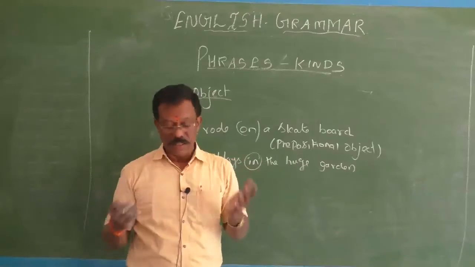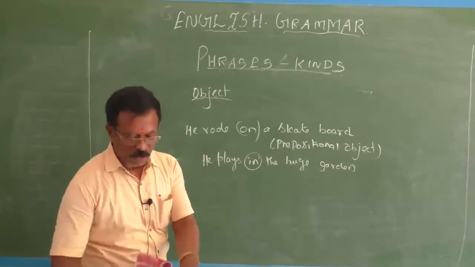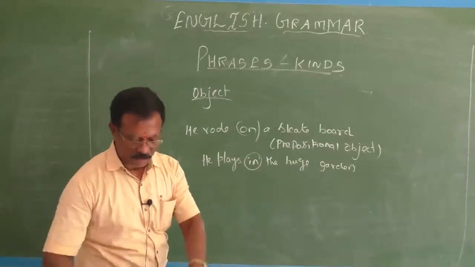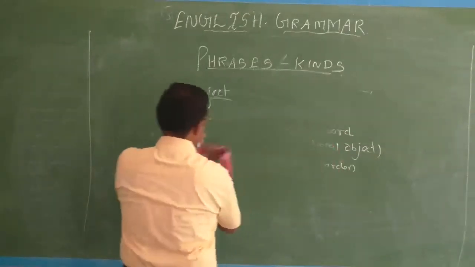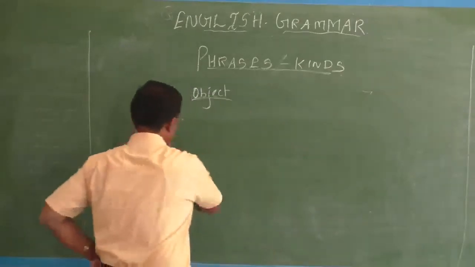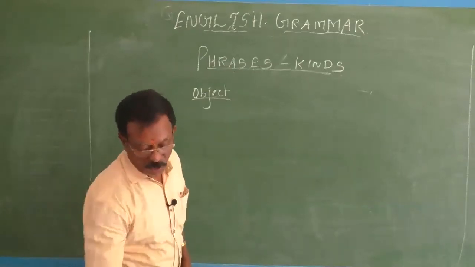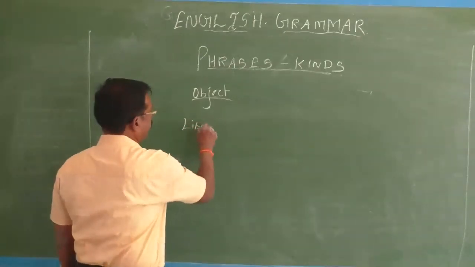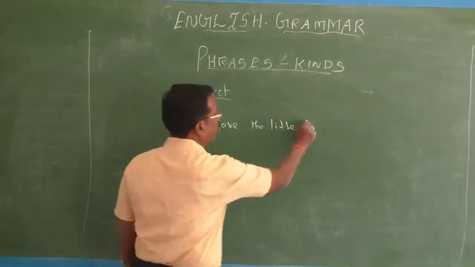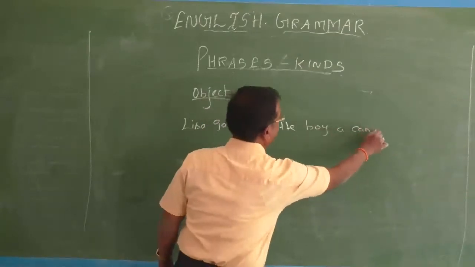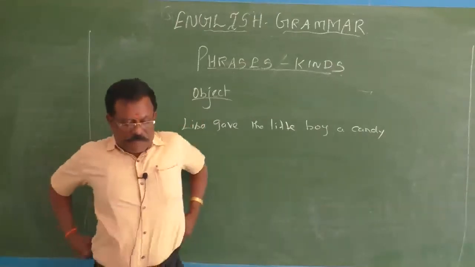Then it can be used as an indirect object also. How is it possible? Can you give one or two sentences for that? Yeah, here I am to give you such sentences to make you understand the things well. Sometimes a noun phrase can be used as an indirect object. See, Lisa gave the little boy a candy. Here, Lisa is the subject, you know that, gave is the verb, the little boy